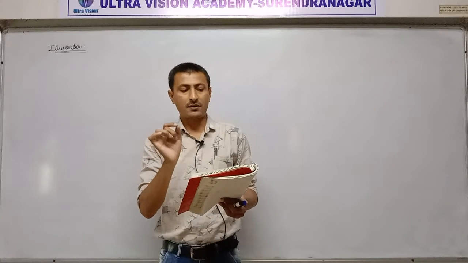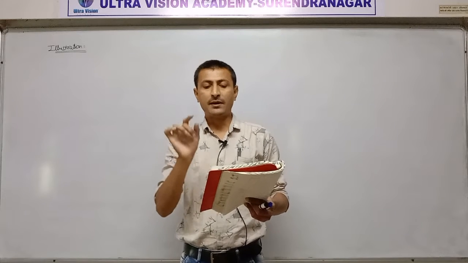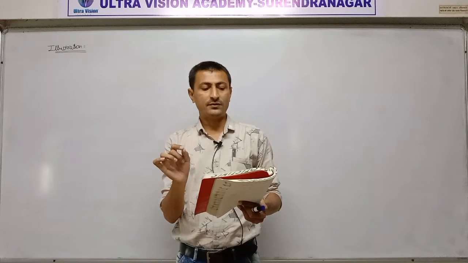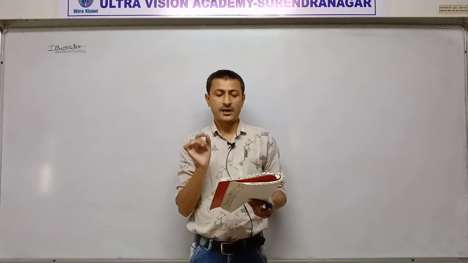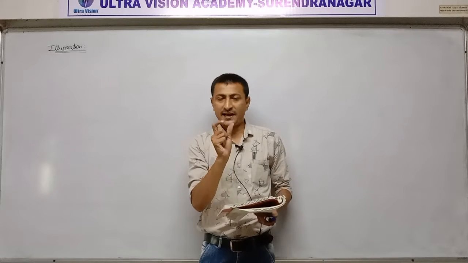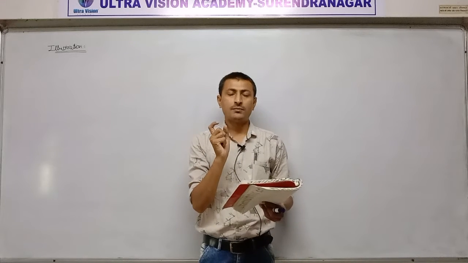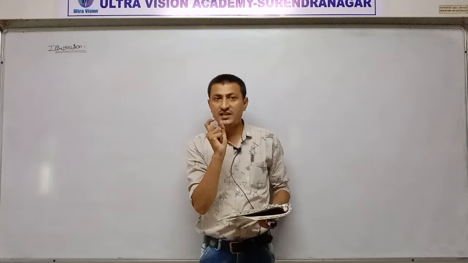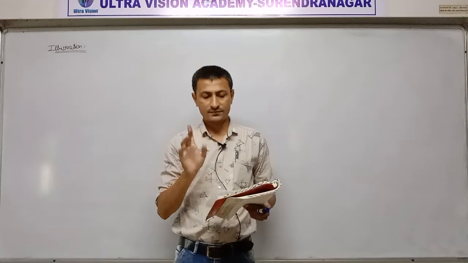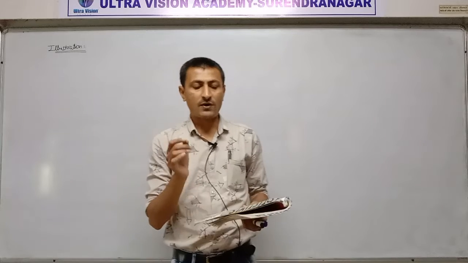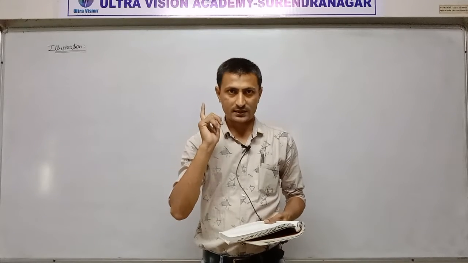Number 2, if Rx is equal to Ry, both are the same, for each pair of observations of the two variables x and y, then all corresponding values of d will be 0 and hence sigma d square is equal to 0. Rx and Ry both are the same, so each and every observation's corresponding value of d is 0 and sigma d square is always 0. In this case, the value of r will be 1 for positive correlation.